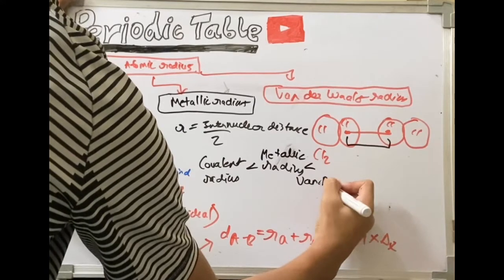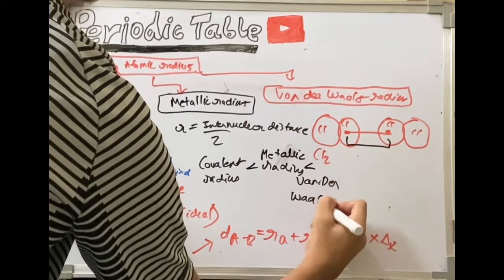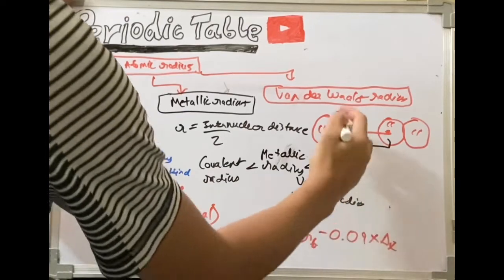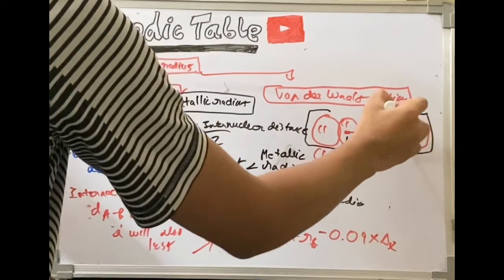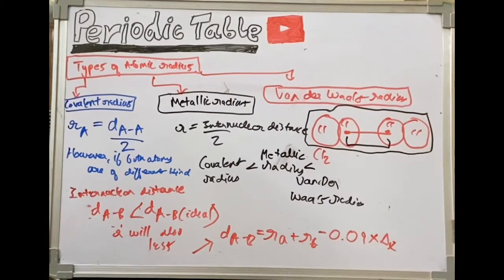Van der Waals. And these are also obtained as a result of cooling. So however close they can be brought to each other, that is done, and then we find the van der Waals radius. The things you mainly have to remember about the van der Waals radius is that it is formed by comparing the internuclear distance between two atoms in different molecules, and it is also greater than the corresponding metallic and covalent radius.